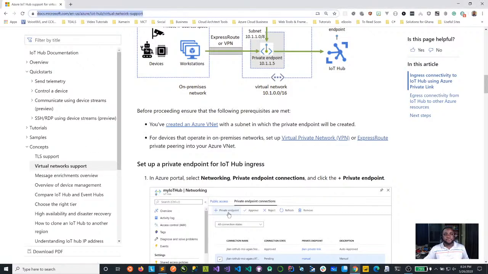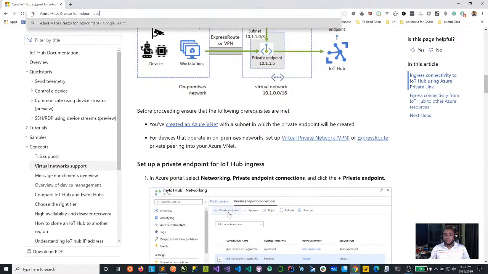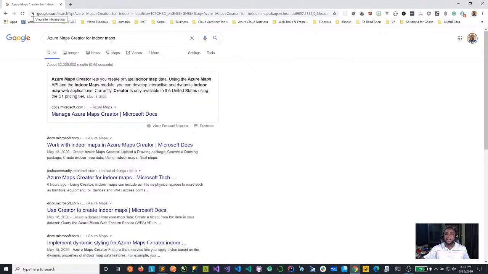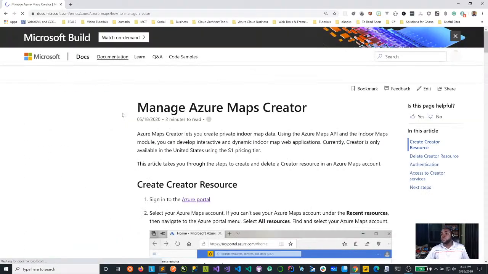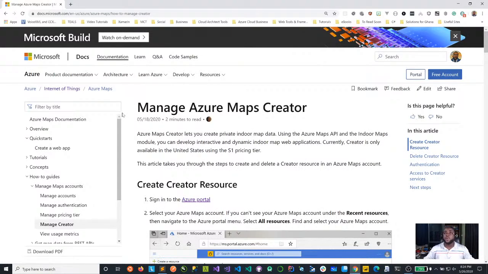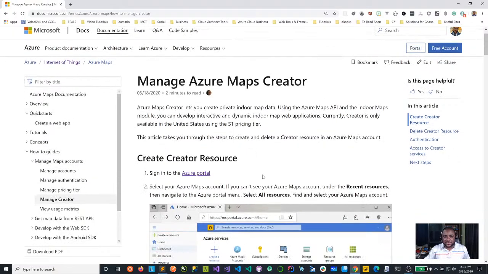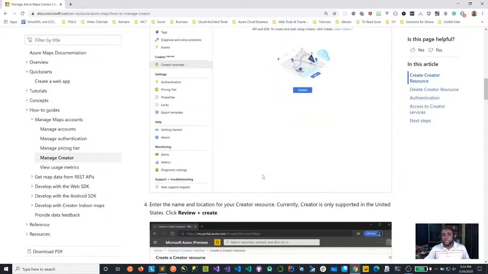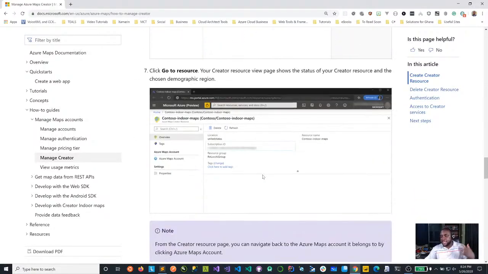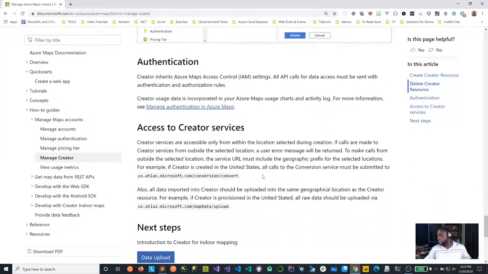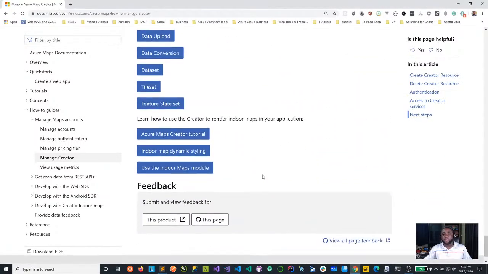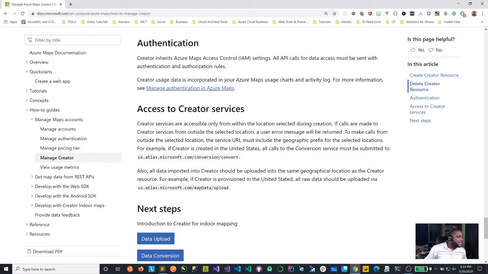Now, the next thing, if you haven't heard about Azure Maps, okay, you need to check it out. The Azure Maps team has done a really cool thing by introducing the Azure Maps Creator. By default, you can use Microsoft Azure Maps to create indoor and outdoor maps, all right, and have them interact with data and other context. Now, the introduction of the Azure Maps Creator allows you to create maps internally, leveraging all the existing features of Azure Maps, but also with the ability to bring in your own data and customize things as you want. Let me bring out this article and show you how cool this is.